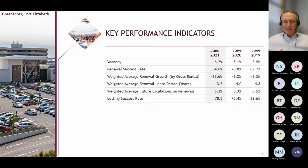It's very well publicised that while our renewal success rate has been relatively high, it is coming at the cost of renewal growth, and we ended June 2021 at -15.6%. That's every renewal that we're doing. We are renewing on a weighted average basis at 15.6% below the expiry rental. It's not unique to us. I think it's very much a common theme in most of retail at the moment. So it has been a tough couple of years,